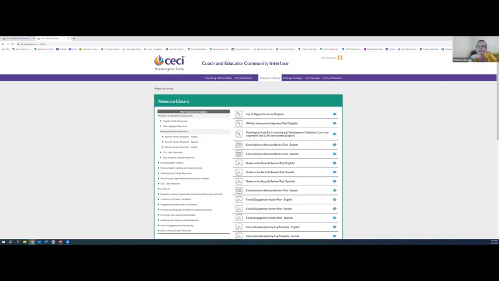Quick distinction. There is an Early Achievers tab in CC. If you hover over that, it shows Early Achievers resources under it. That tab is out of use, so we are working to remove that. All of the resources are in the resource library, so where Julie is at here showing on the screen.